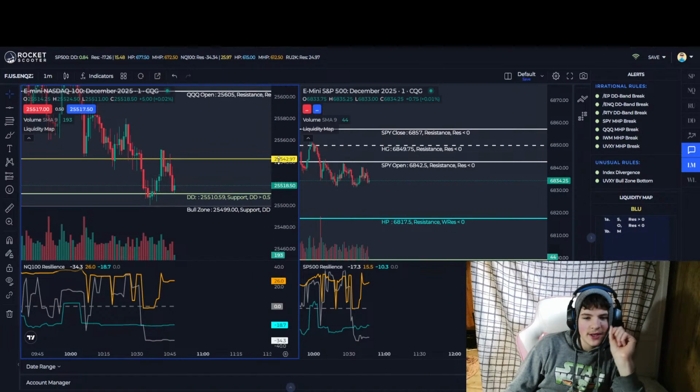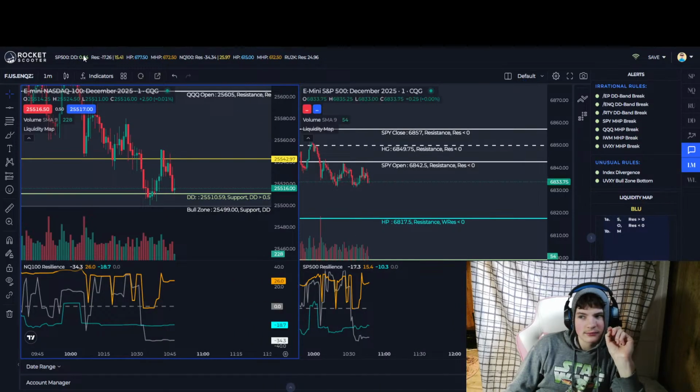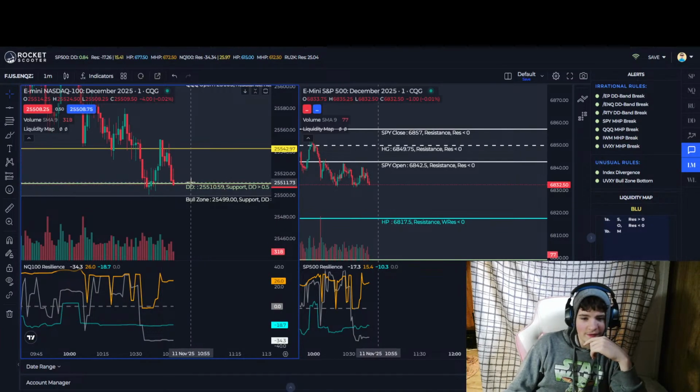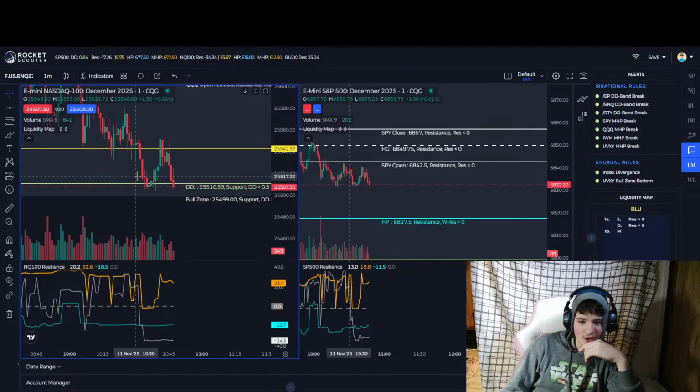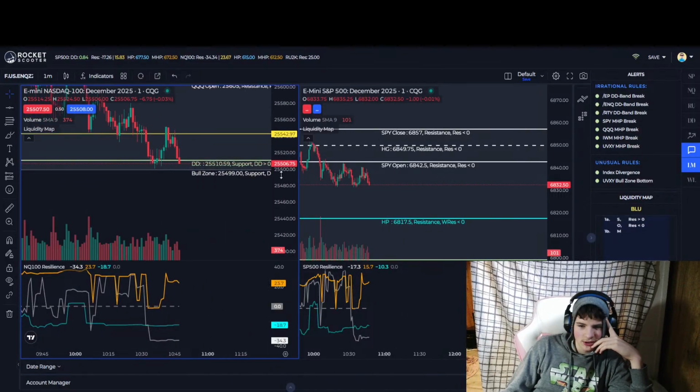All right, turn off DD band again. Okay, DD band is still the same. But it could maybe do the same thing here. I just want to see. I'm not gonna take another trade.